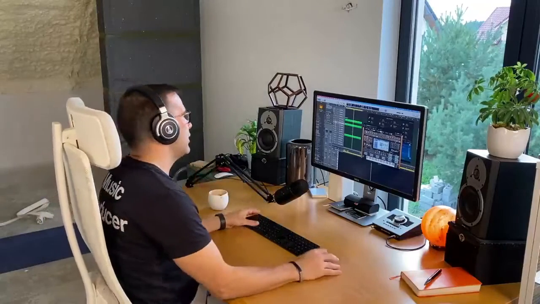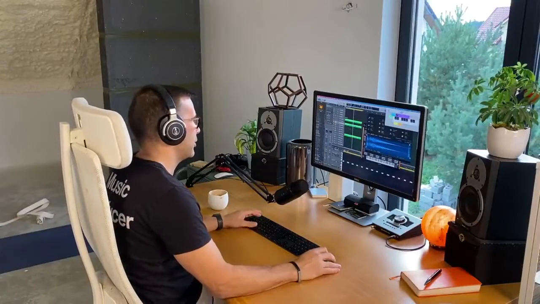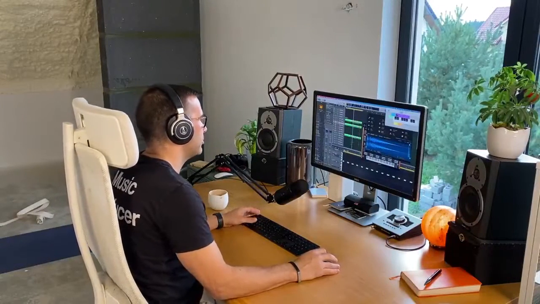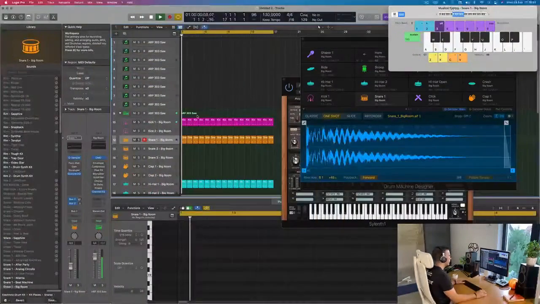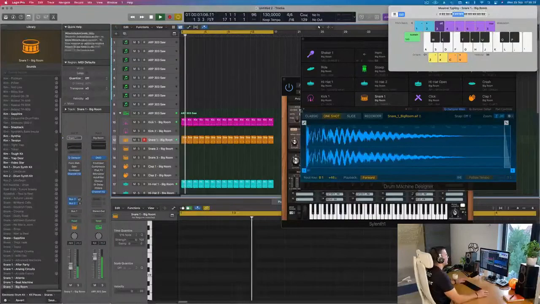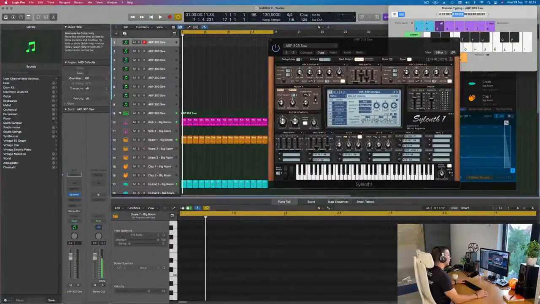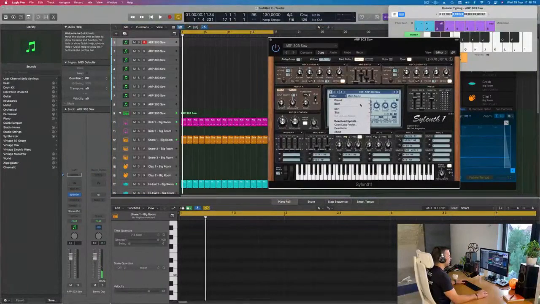So guys, I did a bit of a drum beat because I thought I'm gonna move forward a bit faster and get more into the thick of the track. So, big room kit, I think it's appropriate for something like that, more of a banger. Then of course I'm gonna go into Sylenth1. I'm gonna pick up my favorite here. It's gonna be a Factory